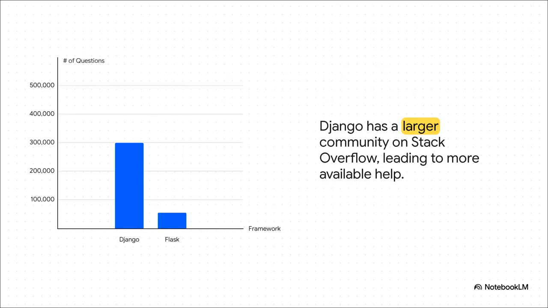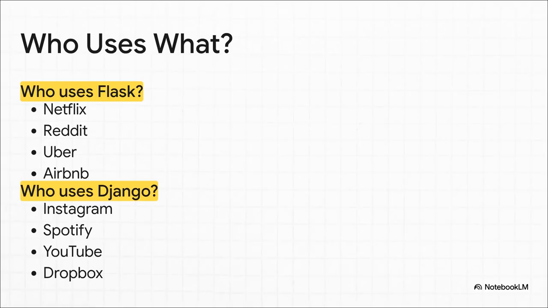And this difference in approach has a huge, huge impact on community support. Because Django is older and just so much bigger, it has a massive footprint on sites like Stack Overflow. We're talking over 300,000 questions. Flask has a really strong community too, don't get me wrong, but the scale is just different. And that can mean that if you get stuck on a problem, finding an answer in the Django world is often a bit easier. But, and this is a big but, don't let that community size fool you into thinking one is better for serious real-world applications.